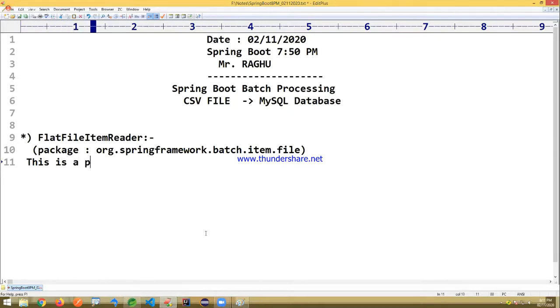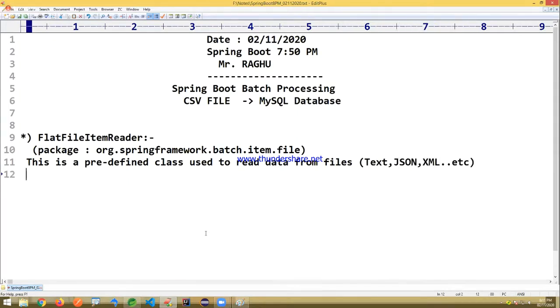This is a predefined class used to read data from files: text, JSON, XML, etc. That's called a flat file. Even CSV comes under the category of text representation, comma separated values.